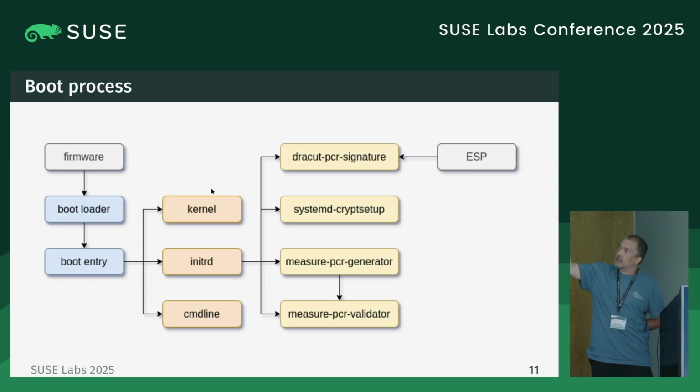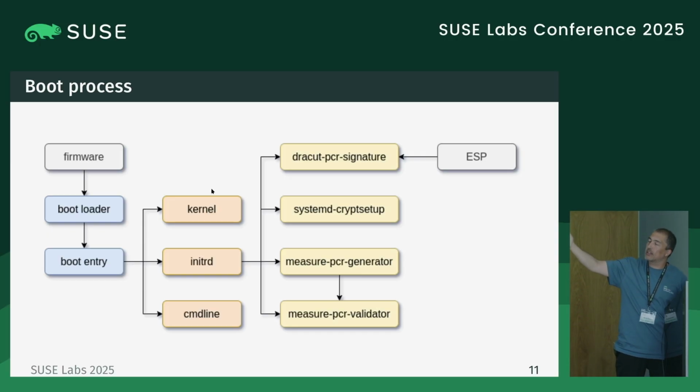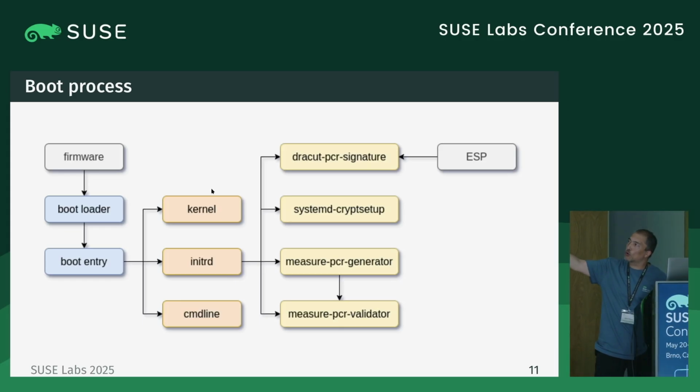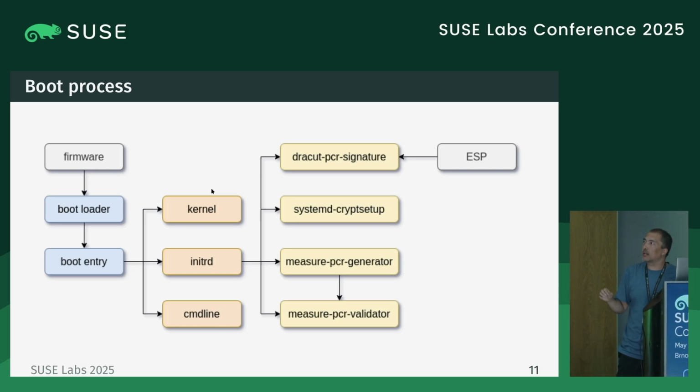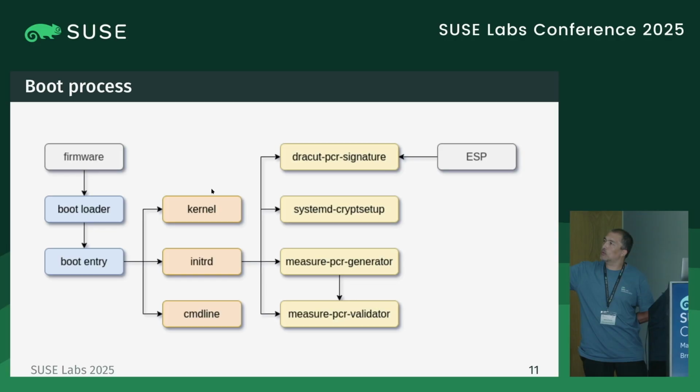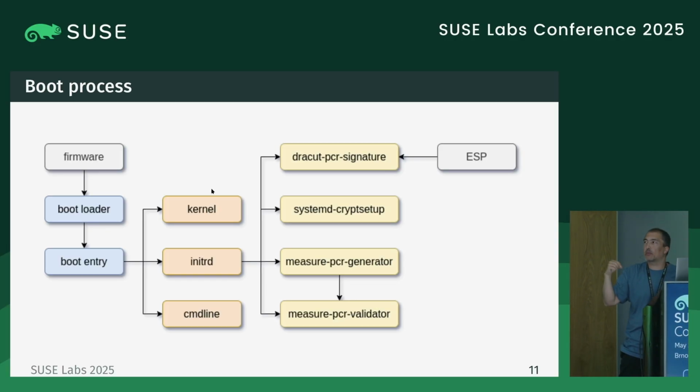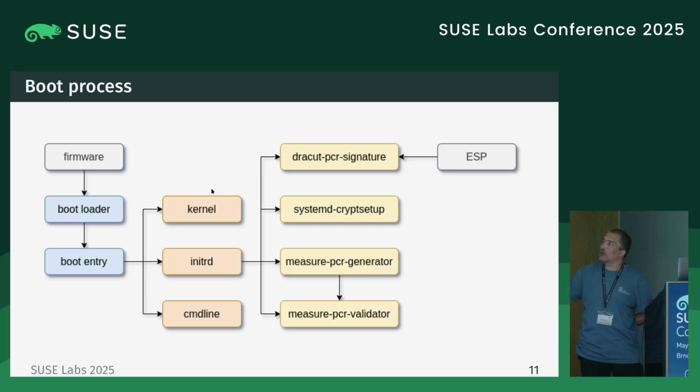So you have the firmware initiating the measured boot process. Sometime in the future, it's going to reach the bootloader, which can be GRUB, BLS, or systemd-boot. It doesn't matter what the bootloader is, and eventually the bootloader is going to load a boot entry selected by the user or marked by default in some EFI variable, and this boot entry is going to contain the kernel, the initRD, and the command line. The command line is the one that is going to select the snapshot that is going to be used as a root file system.